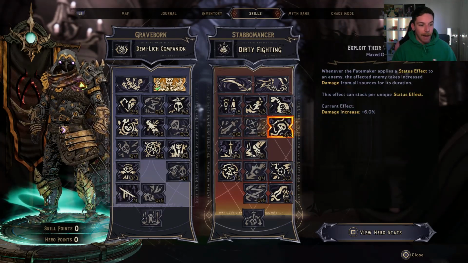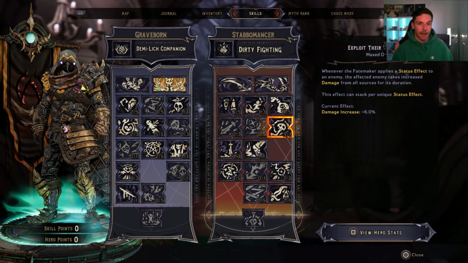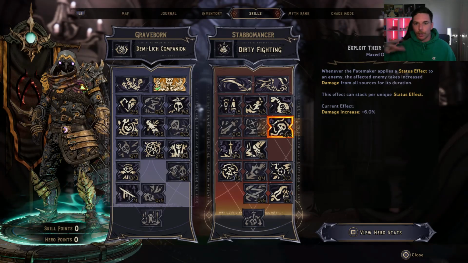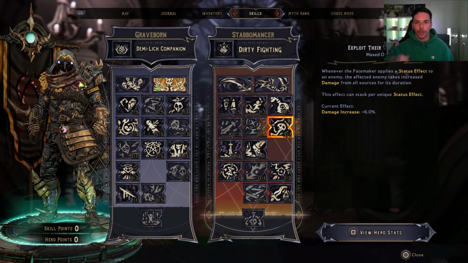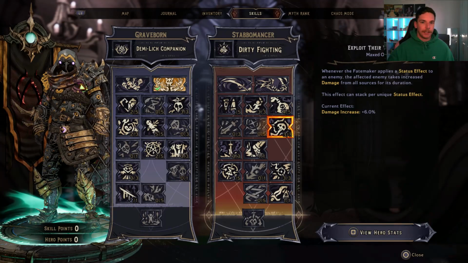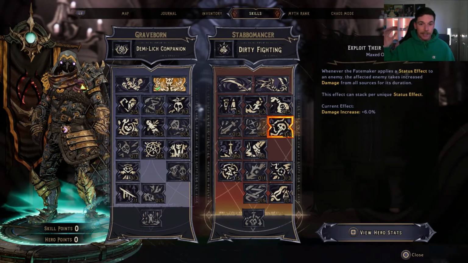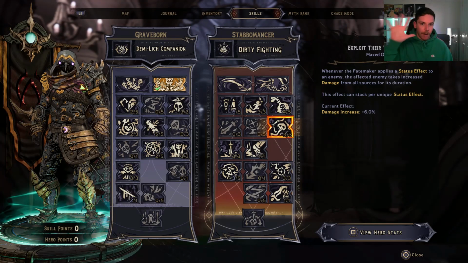There is a cap now for exploit the weakness. Apparently there wasn't a cap. It could just continue giving you bonuses. I don't know the formula. I don't know how that worked, but that's apparently how it was working. You could use one element, you could get crazy exploit the weakness bonuses. It wouldn't have a ceiling. It would keep stacking. So there is a ceiling now, so I'm assuming we can only get the 5 status